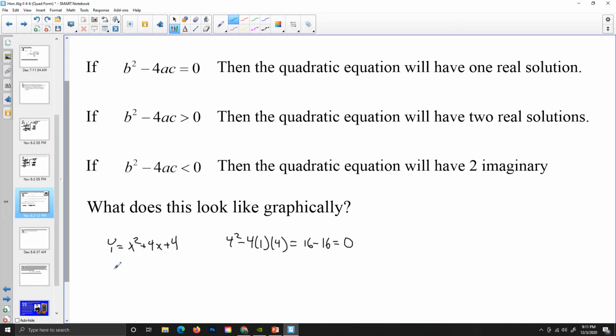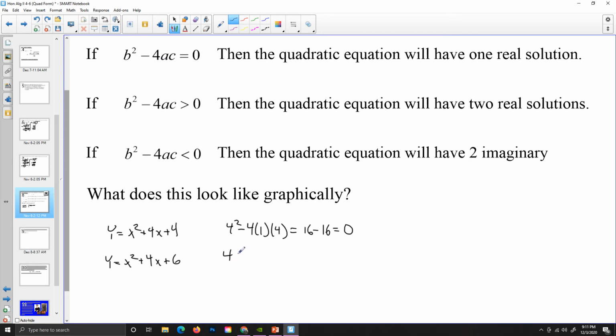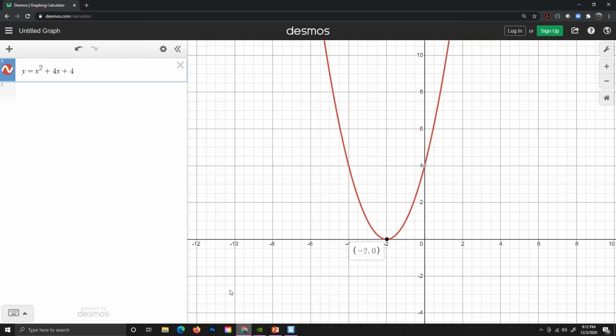Now, if I make a simple change, if I go y equals x squared plus 4x plus 6, well, if I plug it into this b squared minus 4ac, I'll get 4 squared minus 4 times 1 times 6. That'll be 16 minus 24, which will give me -8. And so if I go back to Desmos,